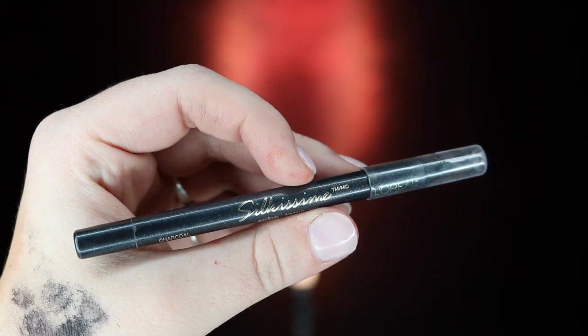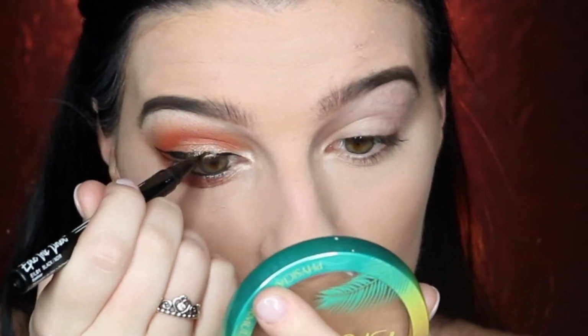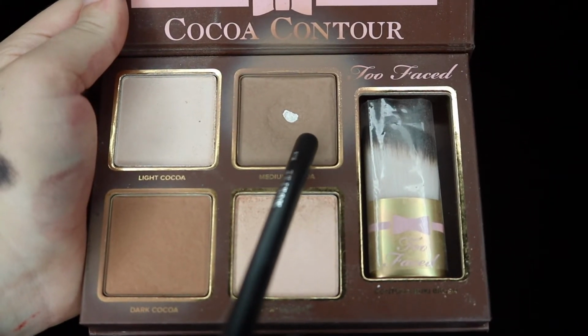Next, I'm going to be taking my L'Oreal So Kiss Me eyeliner in charcoal and just applying that to my lower waterline. Taking my NYX Epic Ink liner, I'm then going to be creating a nice sharp wing to really glam up this look. Taking my Too Faced Cocoa Contour Palette, I'm going to be taking medium cocoa and really just trying to chisel out my cheekbones and really add some more definition to my face